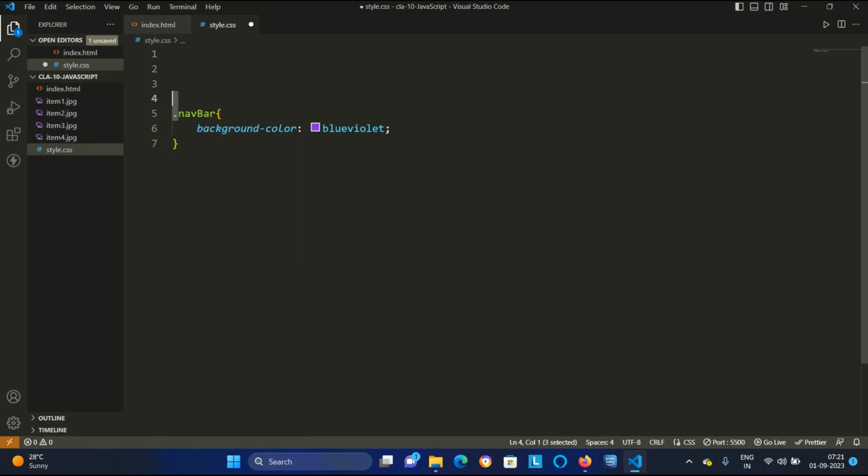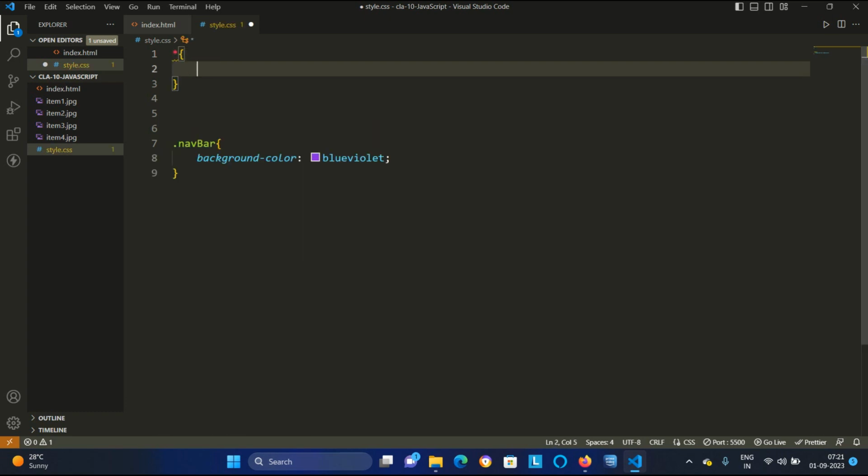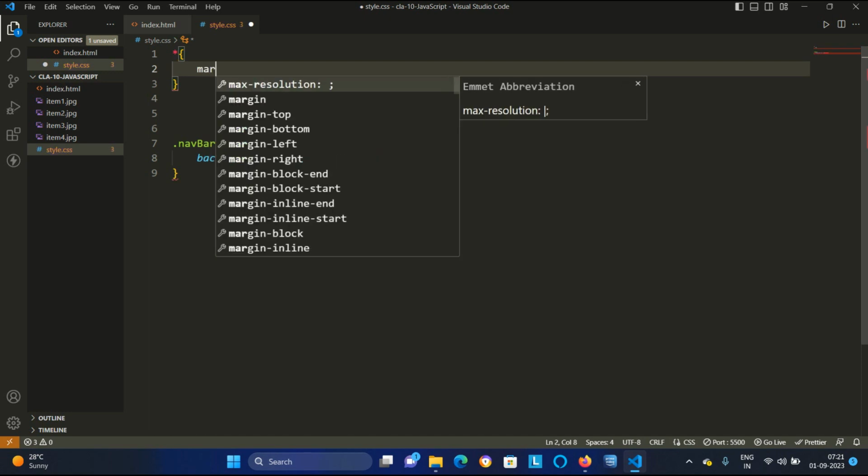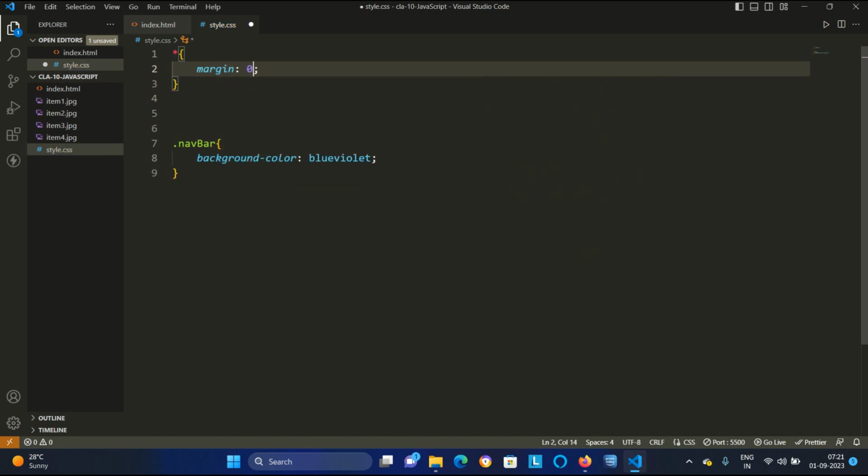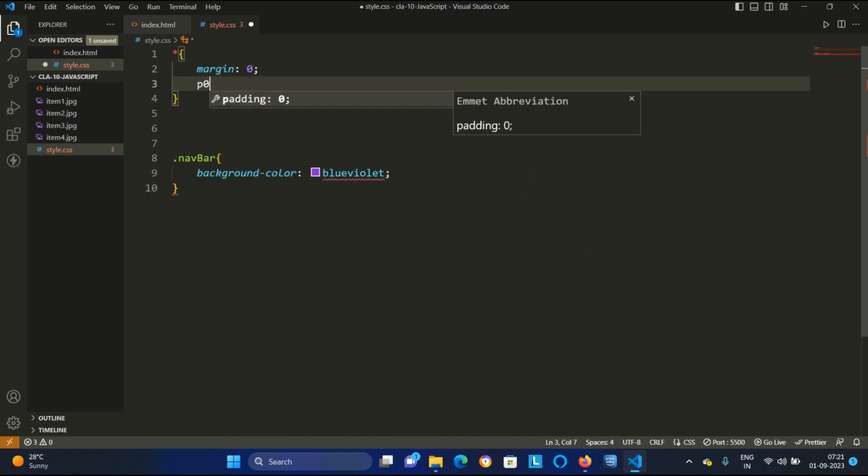You use a dot when you have used a class somewhere in your HTML. Thereafter there is the universal selector. In the universal selector, I am saying margin 0, and padding 0.